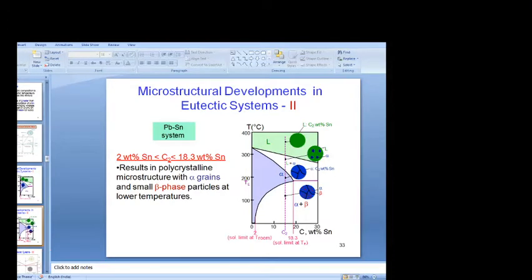The microstructure of the solid that results from the transformation consists of alternating layers, sometimes called lamellae, of alpha and beta phases that form simultaneously during the transformation, and the representation of that lamellar structure is shown in this figure. This microstructure, representing these two phases, at the point marked I, is called the eutectic structure.